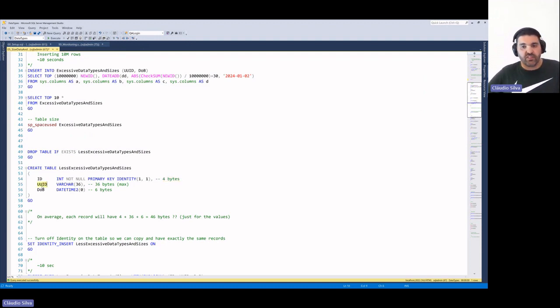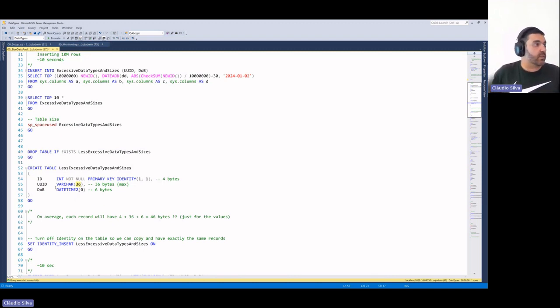Our UUID, because I know that this string doesn't have any special characters or different alphabets, I don't want to have this extra byte per character. I can convert it to non-Unicode, and I can say that it will be 36. To be fair, I could even say it's a char 36, so it always occupies the 36 characters.